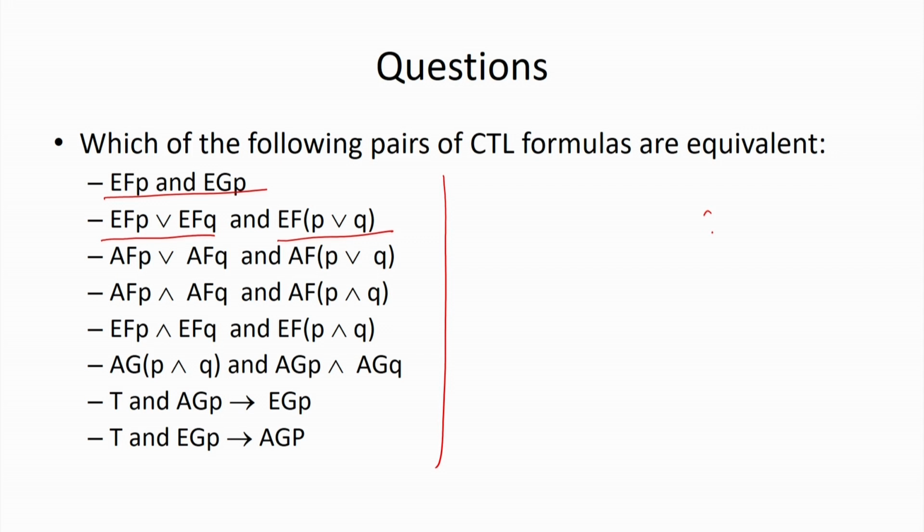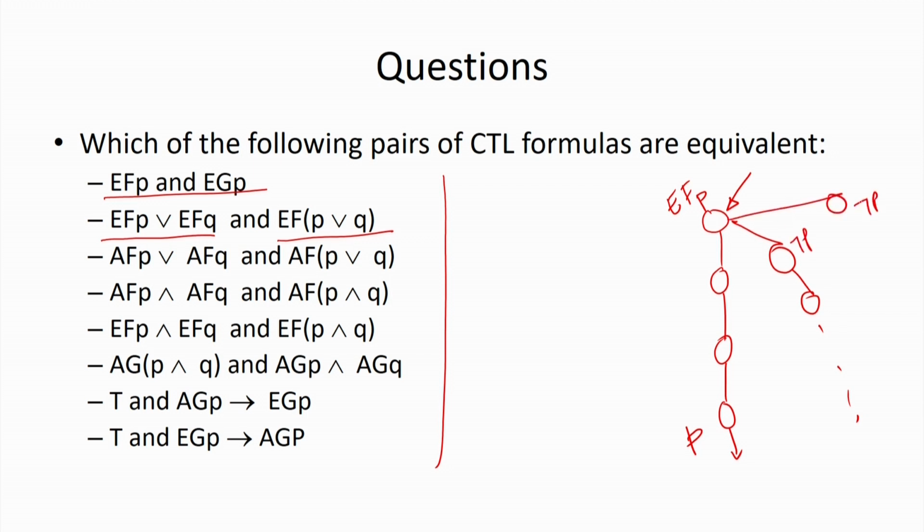Okay. Now, you consider any model. It is very simple actually, say p is true at that particular point. So, there exists at least one path where EFP is true, but in this particular model, in this particular state EGP is not true. We are not going to get any path where globally p is true. Say if I say that this is a not of p like that, but EFP is true. So, one is true, other is false. So, they are not equivalent.